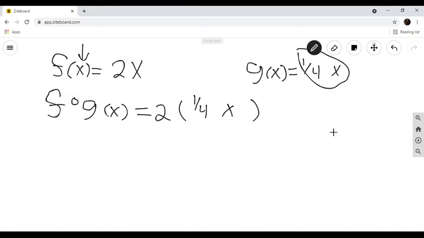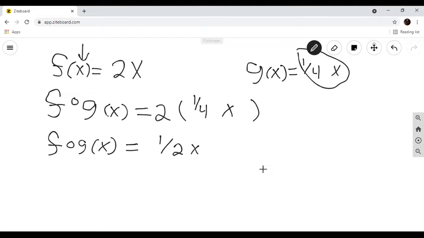Okay. And now, of course, we can do some simplification. I need to multiply this 2 times 1/4 x. Well, 2 times 1/4, that's 2 over 4, and that gives me 1/2. So f composed of g of x, at least in this case, we get that that is equal to 1/2